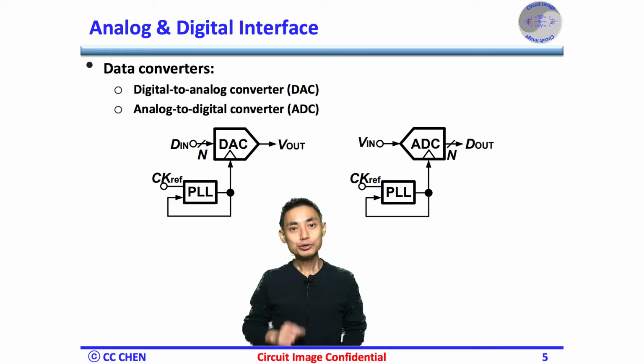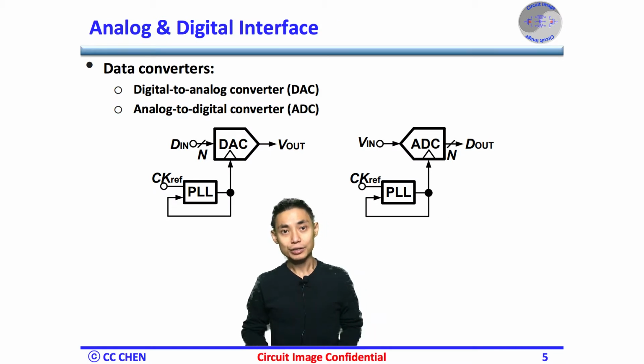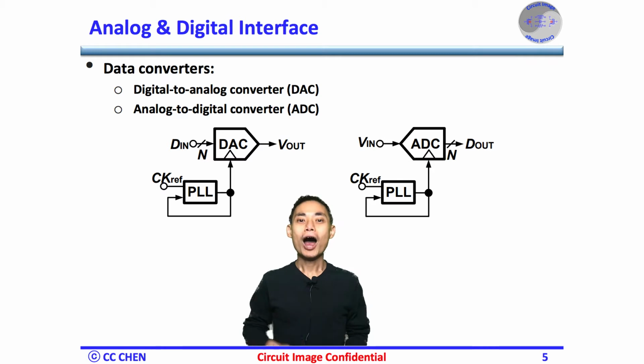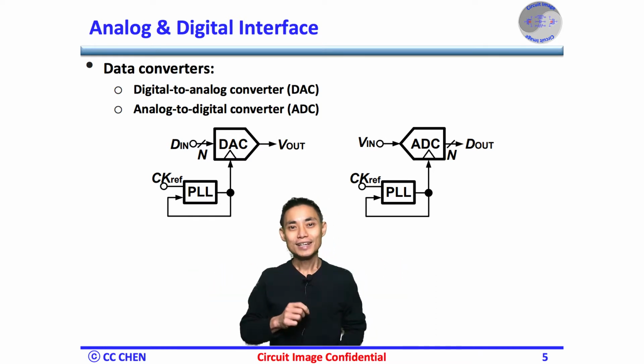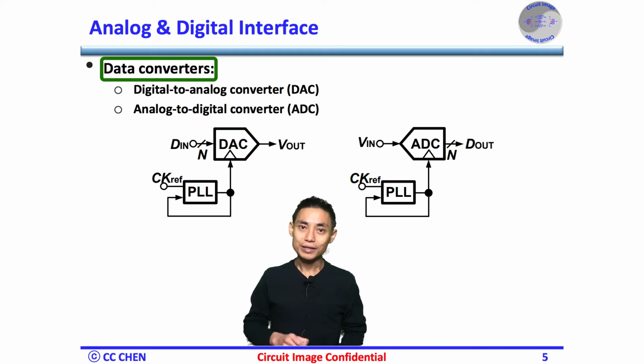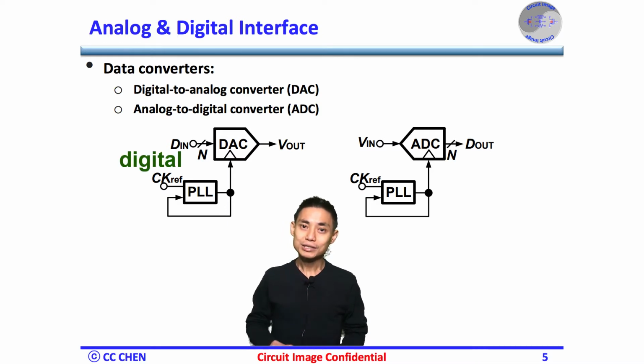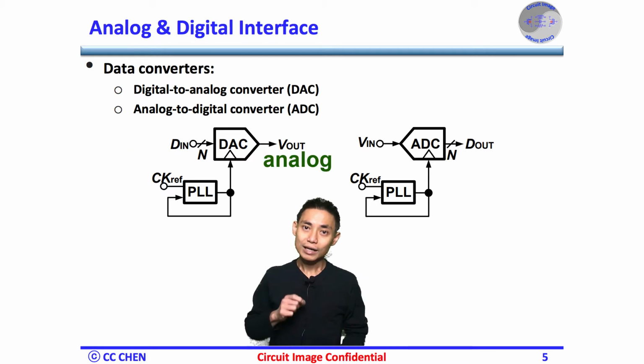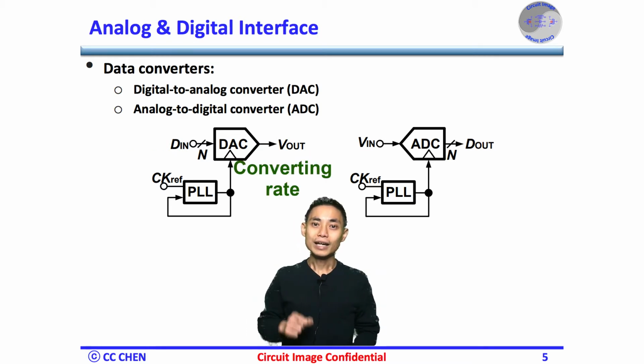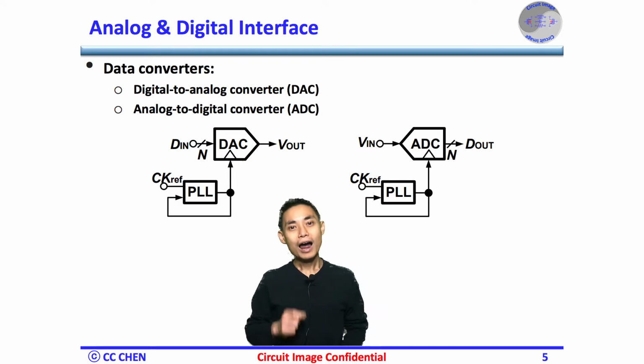As you may know, the digital signal is more reliable than the analog signal due to several reasons. However, all our images are analog since we live in an analog world. What can we do? Yes, a data converter is a must to convert the data format between digital and analog. For example, a digital to analog converter, DAC, is to convert the digital signal D-in to an analog quantity like the output voltage Vout. The DAC converting rate must be stable. Otherwise, the output Vout would be distorted and don't present the D-in precisely.